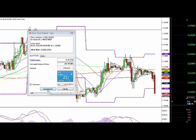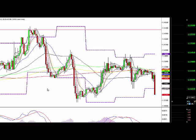Bear in mind we've got to take into consideration the spread, so it won't actually be... It's going to be about 21. So we're on about 20 on the charts. There we are, 20 on the charts out. First half banked on the euro dollar. So okay, we're making up a little bit for that